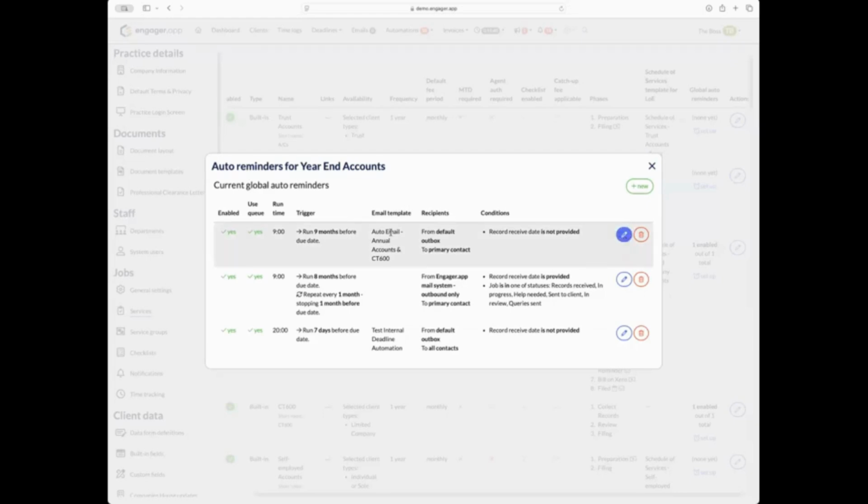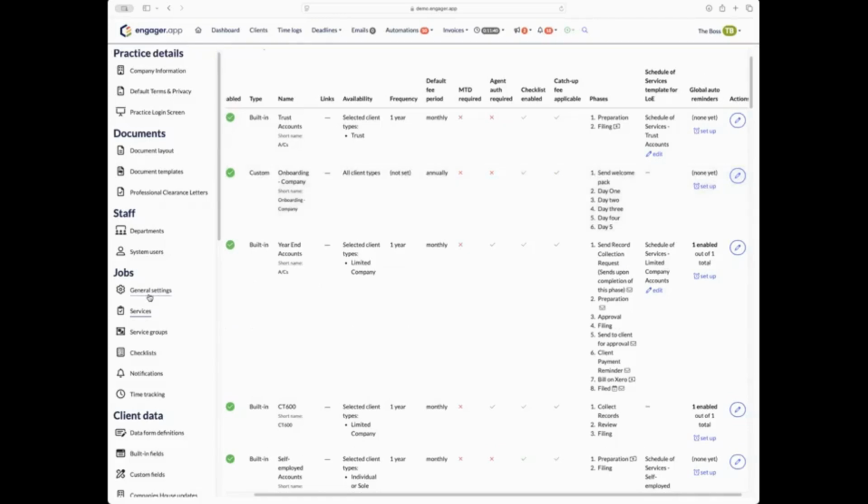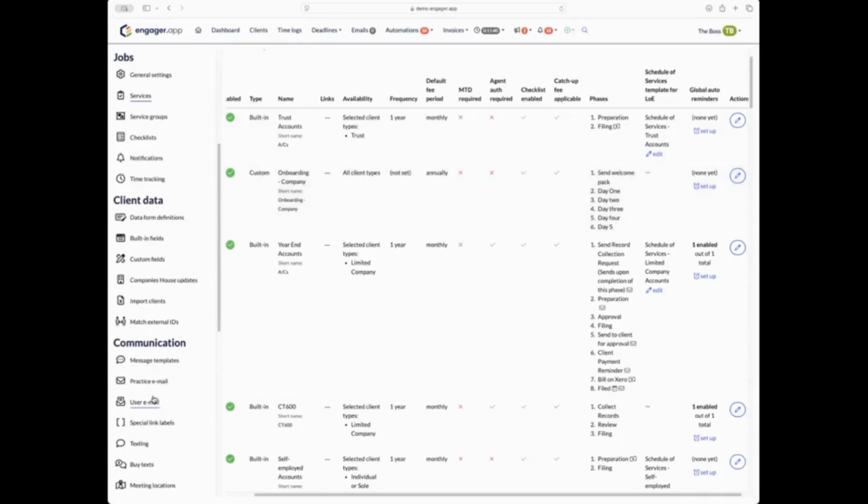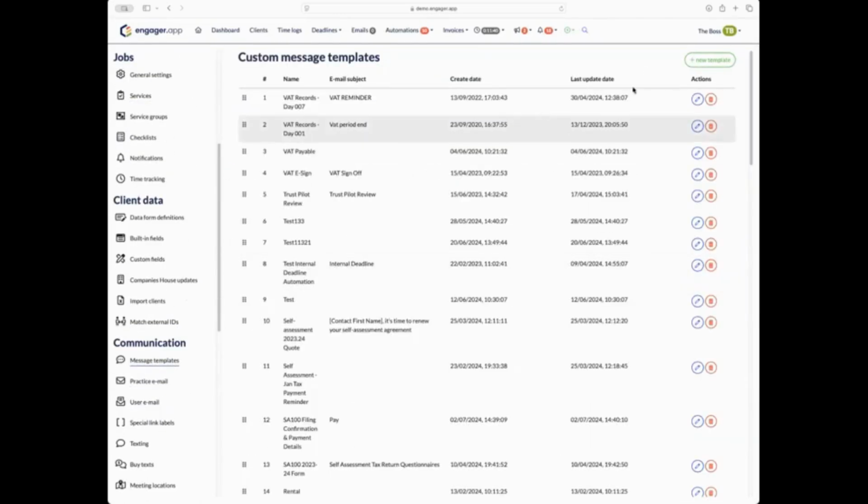So what we've done here is we've created an auto reminder that runs at 9 o'clock in the morning. It runs 9 months before the due date. One of the things to remember here is we always work backwards from the due date. Then it's sending an email template which is already created. So before you create the automation, you need to create your email template. If anyone's not sure how to do that, you go into services, and you go down to communication, message templates,